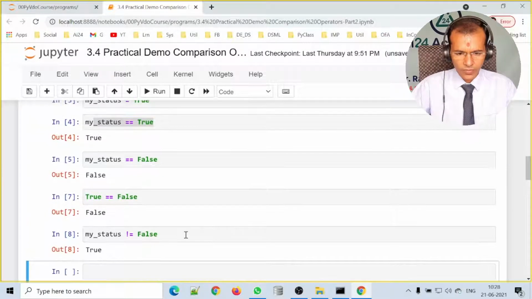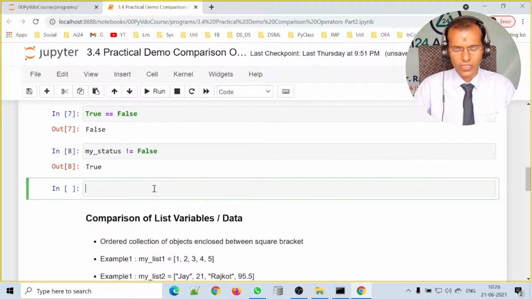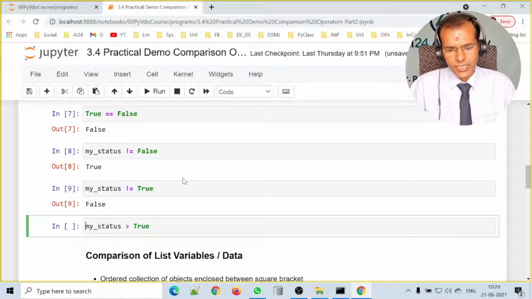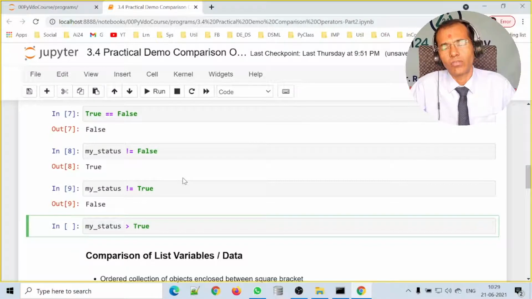Now let us compare my_status using not equal to with true. my_status not equal to true: as the value of my_status is true and it is not equal to true, it will return false. The reason is both are equal, and here we are checking that it is not equal, hence it will return false. Checking of boolean variables for greater than or equal to, less than or equal to is not useful, because it is generally used to check whether the condition is true or false, or equal or not equal.